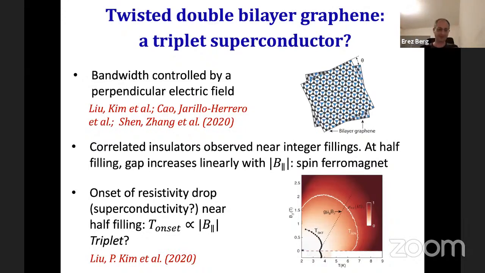As of a few weeks ago, they still believed it's true, but there are more experiments going on. So to really establish this, more work would be needed. But let's assume for a moment that this is correct. Now, most intriguingly, what they found is the onset temperature of this drop in resistance. This is the phase diagram of the system, temperature and in-plane magnetic field. And you see here the onset of the resistance drop in white, and what they interpret as the Kosterlitz-Thouless superconducting transition in black.